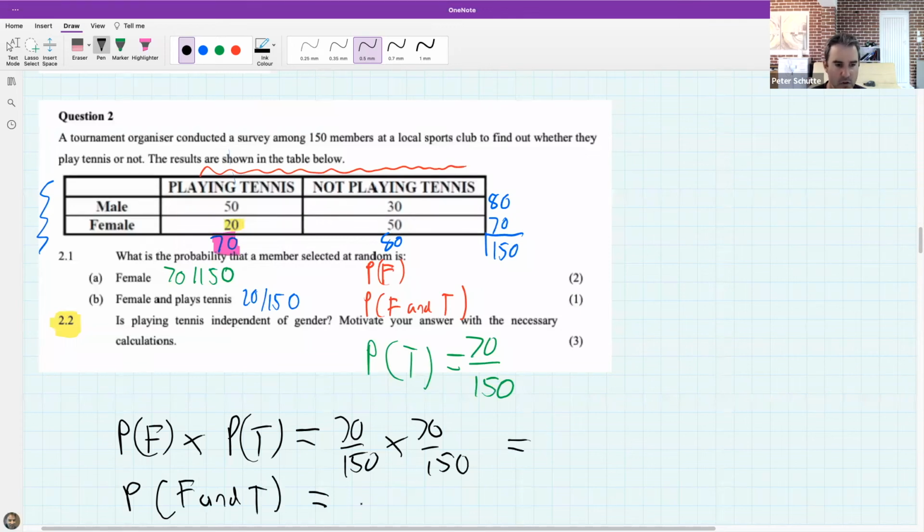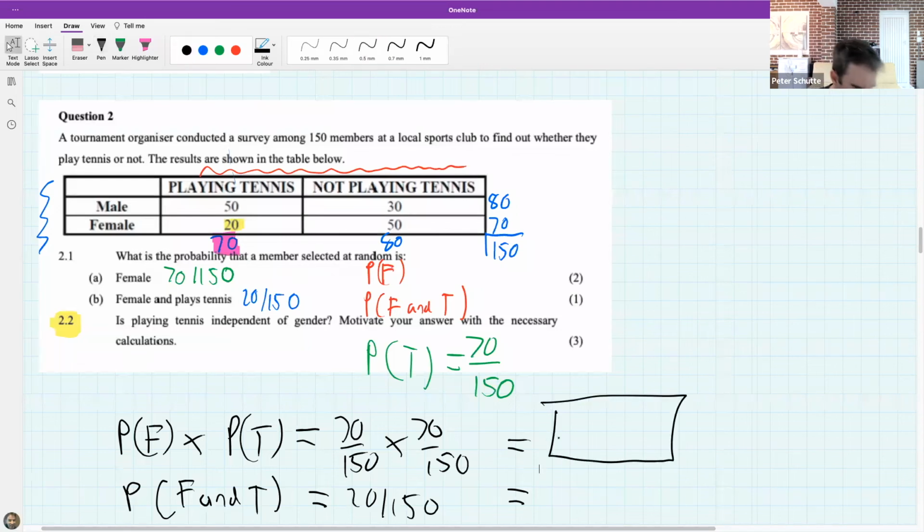The easiest way to do that is to use a decimal. And let's see, are they independent? So what do you get for this first bit here? I get